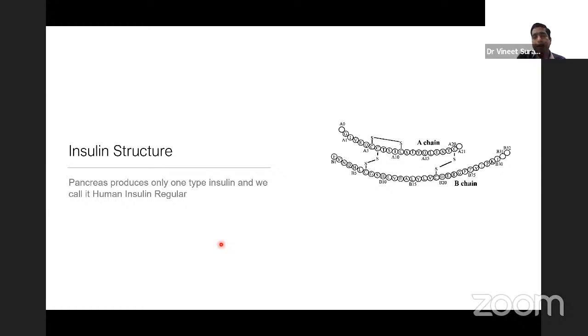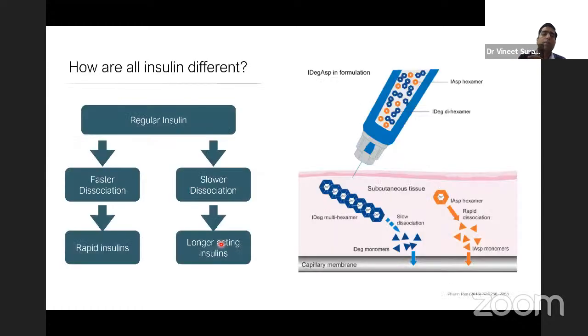Now, the pancreas produces only one type of insulin, known as human insulin regular, which contains the alpha chain and the beta chain. Regular insulin is something which we have as a standard. It remains as a basal dose, and whenever I am eating food, this regular insulin increases its concentration. So the pancreas gives more insulin into the system,